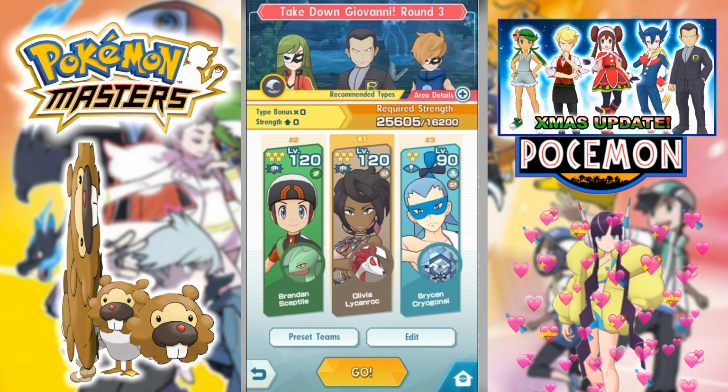If you have Grimsley and Liepard, for some reason, if you pulled on that banner, they're a trash sync pair. They're a trash 5-star, but it's almost like they're designed specifically for this event. Or the other way around. This event is designed specifically for Grimsley and Liepard. They obliterate this event because